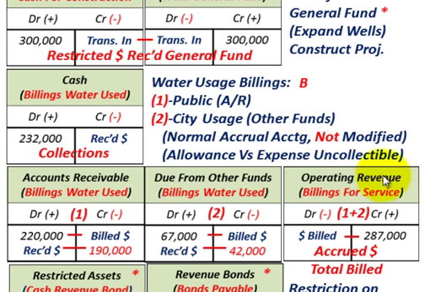Now, for our operating revenue, again we title that operating revenue, billings for this water service. That's going to include both the total amount of our accounts receivable from our public usage and also the due from other funds for the city usage. The total amount is going to be credited for $287. So we accrued the total dollars billed. And the point we want to make here is that if you were using just regular governmental accounting, you'd have to set up an allowance account as a reduction to your accounts receivable.